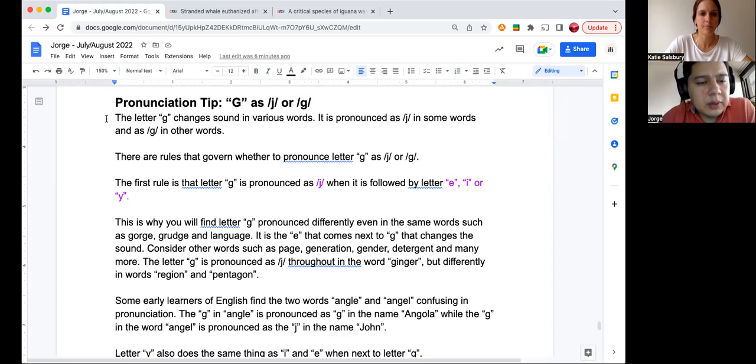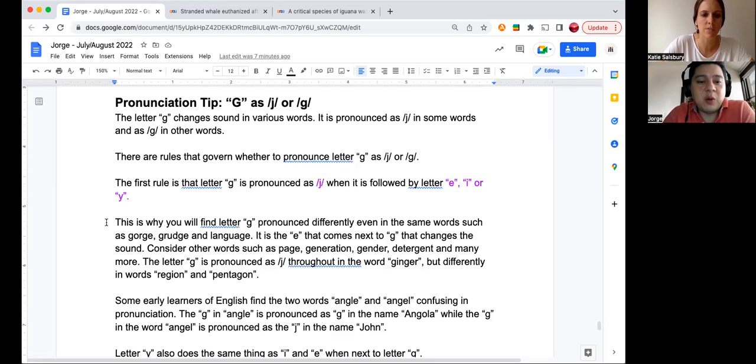The letter G changes sound in various words. It's pronounced as G in some words, it's pronounced as J in some words, and as a G in other words. There are rules that govern whether to pronounce letter G as J or G. The first rule is that letter G is pronounced as J when it's followed by letter E, I, or Y. This is why you will find letter G pronounced differently even in the same words such as George, grudge, and